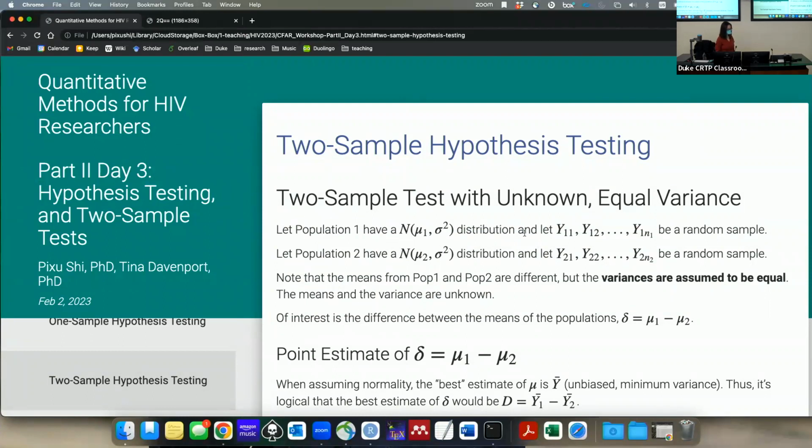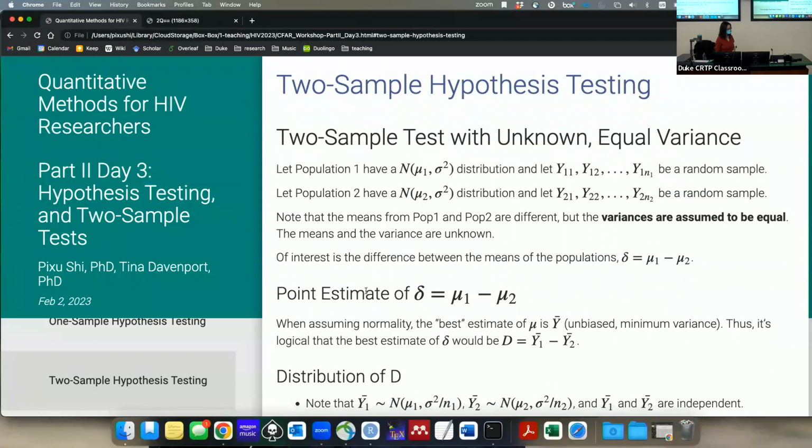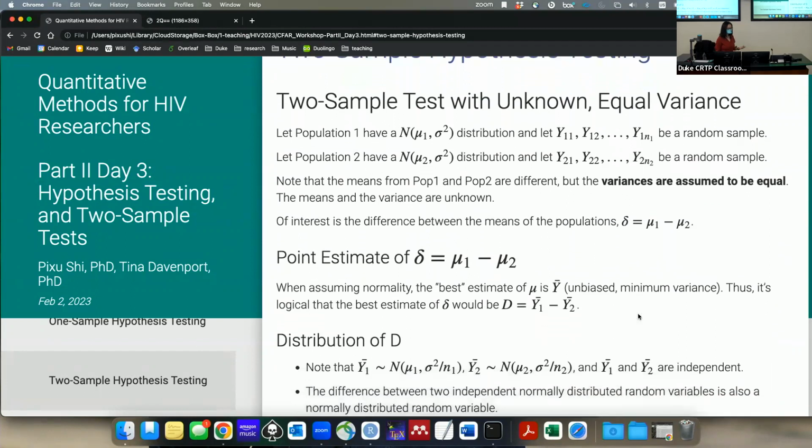In this situation, the two sample t-test with equal variance will be used. Our parameter of interest will be the difference between the mean parameter, and naturally you would want to plug in your data and use the population mean of the two groups as your test statistic. Your intuition is